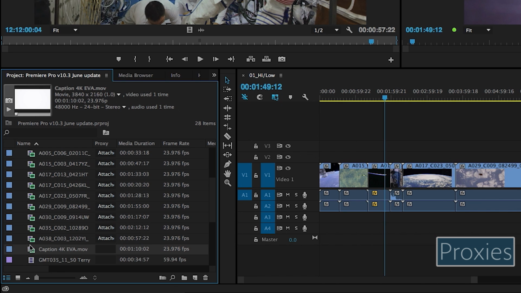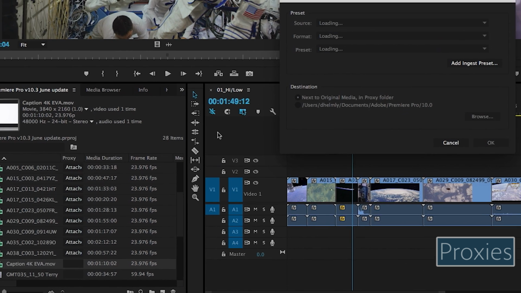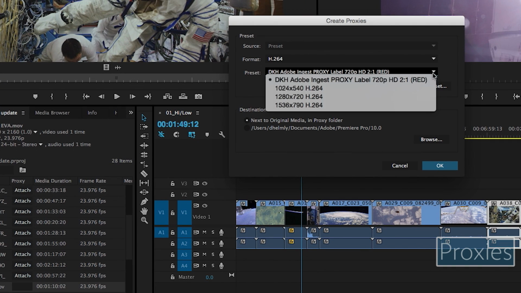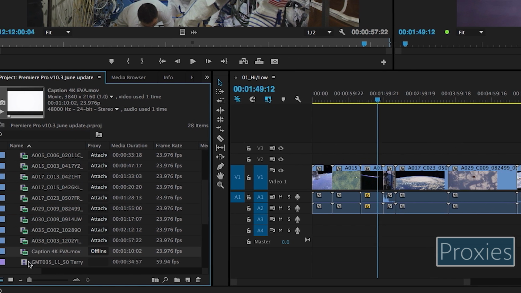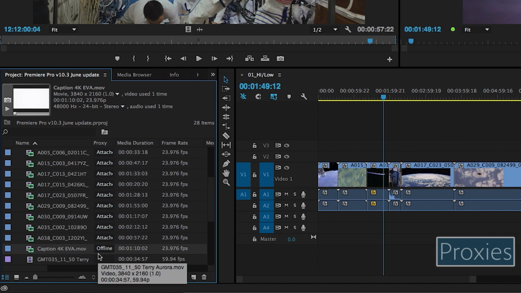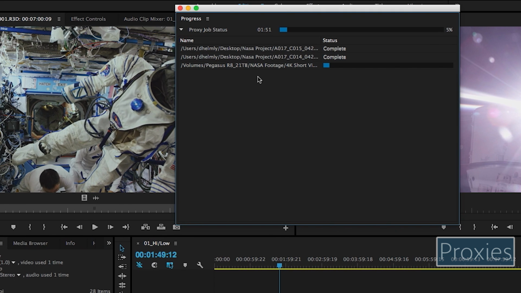and you'll see where I've got all of my proxies attached. And if I see that there's a proxy that's not been attached, I've more than likely imported that particular file, and I can right mouse click and choose at this point to go ahead and create that proxy and just use one of the presets. And you'll see that it knows that there's a proxy associated, but it's offline at this point because the process is actually still happening. So if I look under the progress window here, you'll see it's actually creating that file